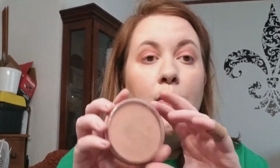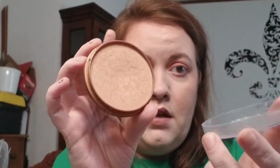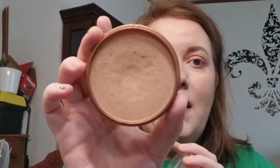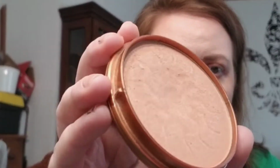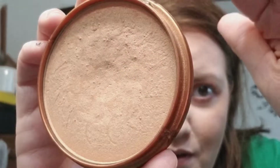Alright, next is Rimmel Natural Bronzer in the shade Sunshine. The packaging's not fantastic, but the price point, it's like $4. Yeah, I'll take a plastic cover for $4. This one has a little bit of reflectives in it. You really can't see it on the camera that well, but it's there, I promise. And it is just,